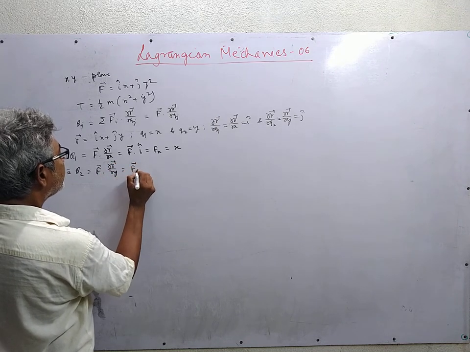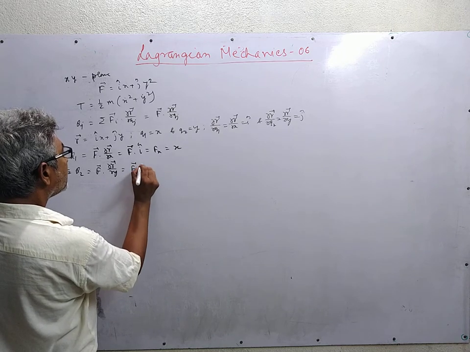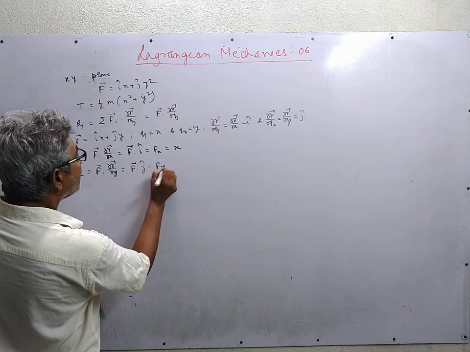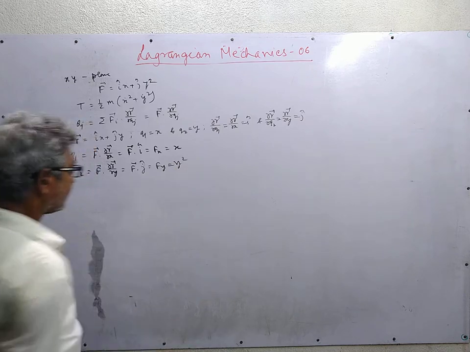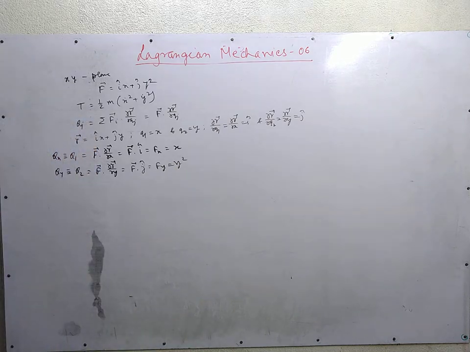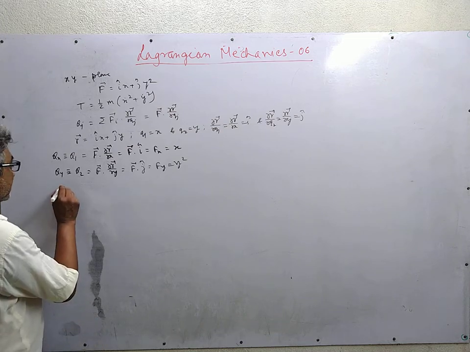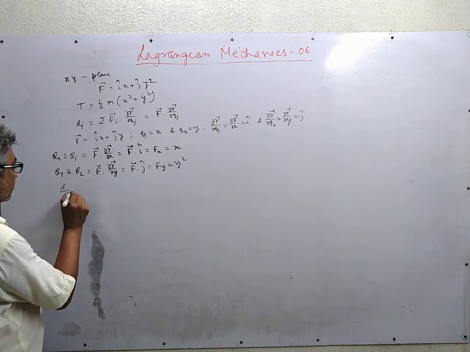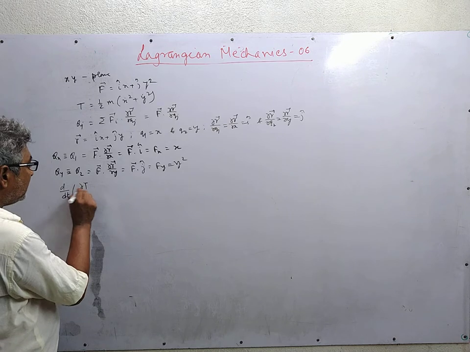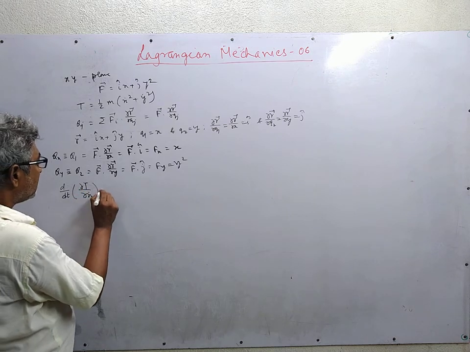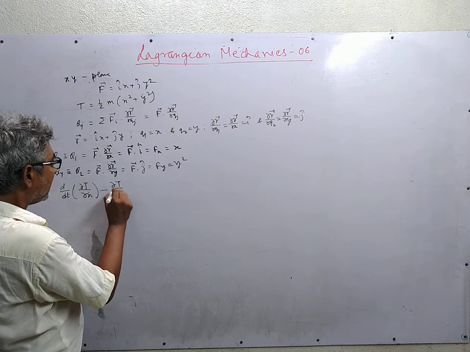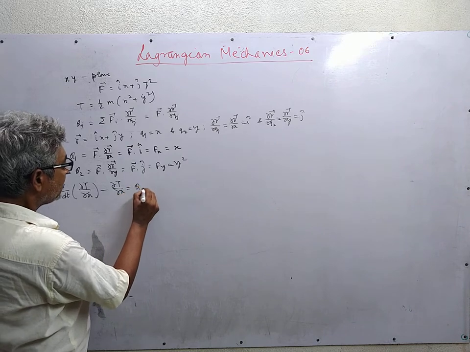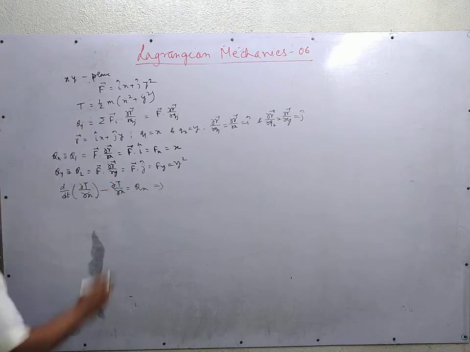This is F dot j cap is equal to Fy is equal to y square. So we use the Euler-Lagrange equation for this. First equation is for the x component: d by dt of del T by del x dot minus del T by del x is equal to Qx. Since T does not depend on